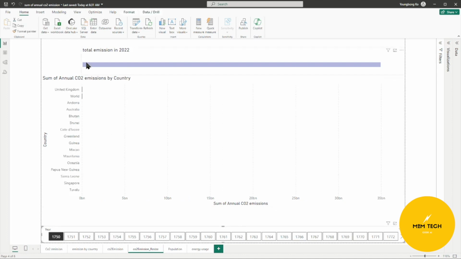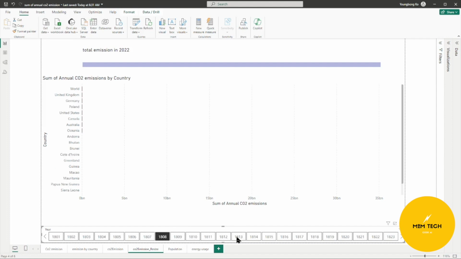So this is the emission in 2022, which is the most up-to-date data, and compared to this, the previous years' amount is nothing, nothing, nothing. Even when the United Kingdom was leading all the countries' emission, still it is just a dot